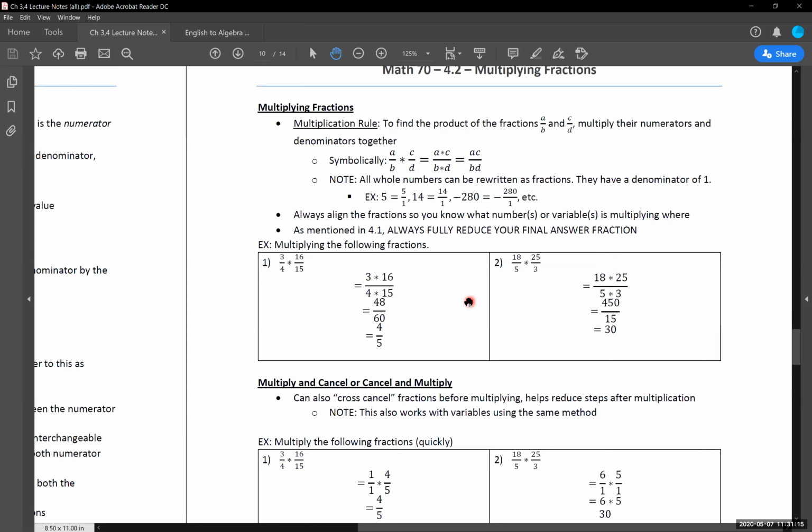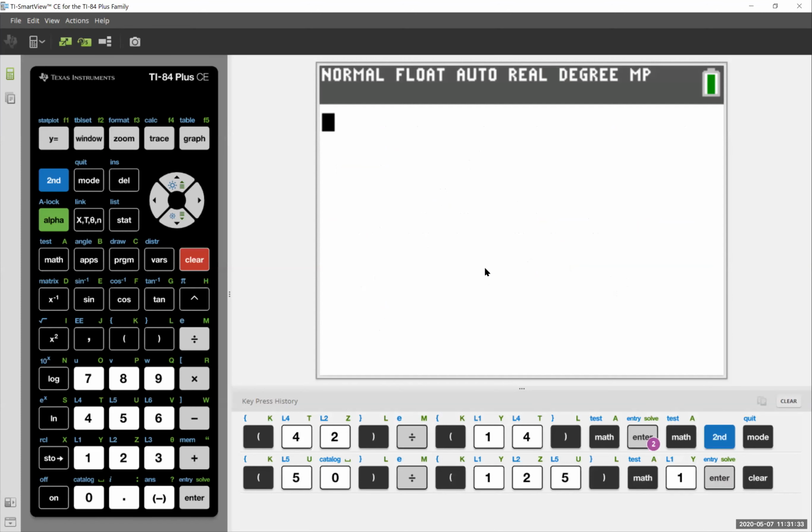So I am going to show you guys, again, I want to just emphasize this, how we can work with and multiply these things together on the calculator. So I'm going to jump us back over to our graphing calculator. If you still have that nearby, grab that again. So we're going to be using that. Our two fractions that we are working with, we're going to look at our first example, that 3/4 times 16/15. Because we have some nicer numbers, we don't have additional variables showing up in here, we're going to slightly adjust how we write this out in the calculator.